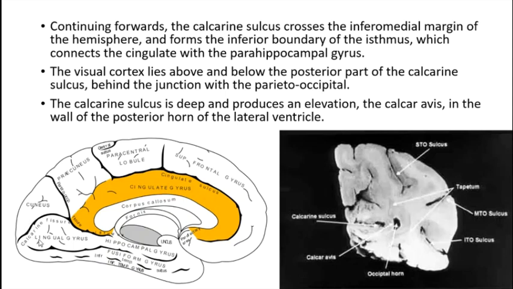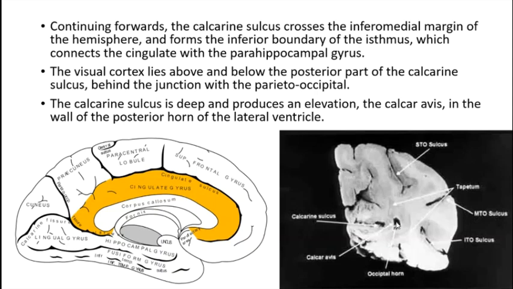That is, this zone is being talked about. So the posterior part of the calcarine feature would be this, and this is the zone of visual cortex. Now the calcarine sulcus is very deep and it produces an elevation into the lateral ventricle. You will know that the lateral ventricle is the central cavity, so obviously its posterior pole will reach this area, and on taking a coronal section we are able to see this is the calcarine sulcus on the medial side. It is producing so much indentation that the gray matter almost reaches here.